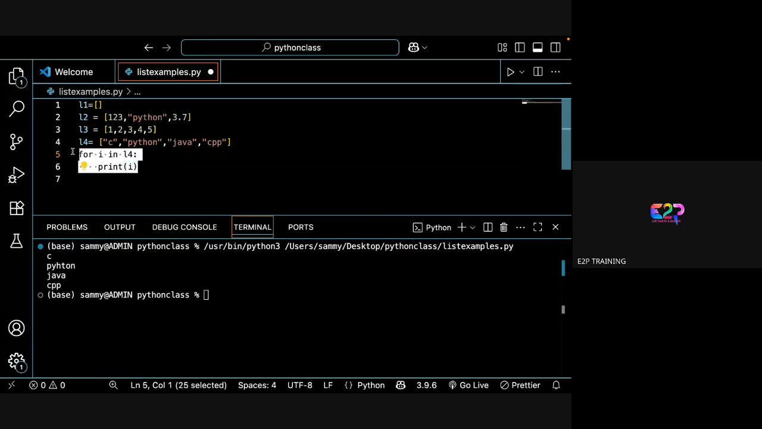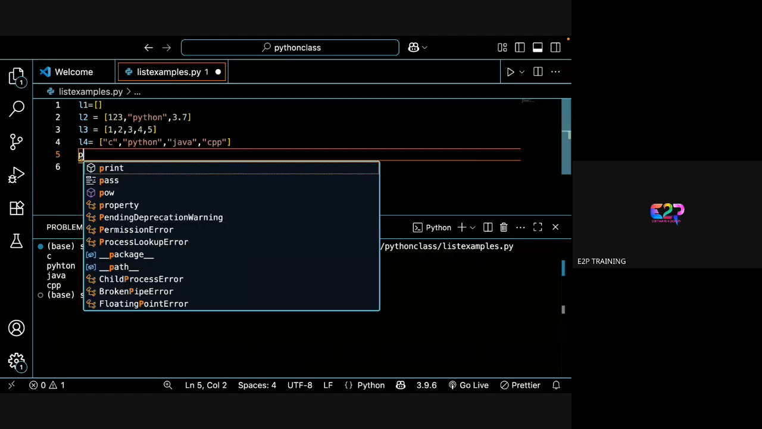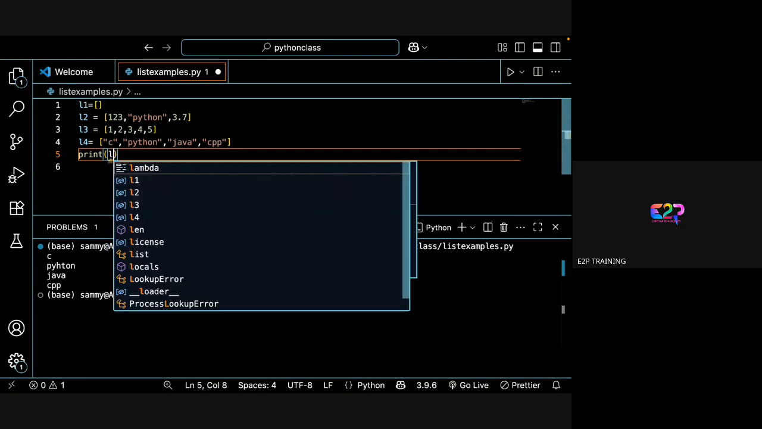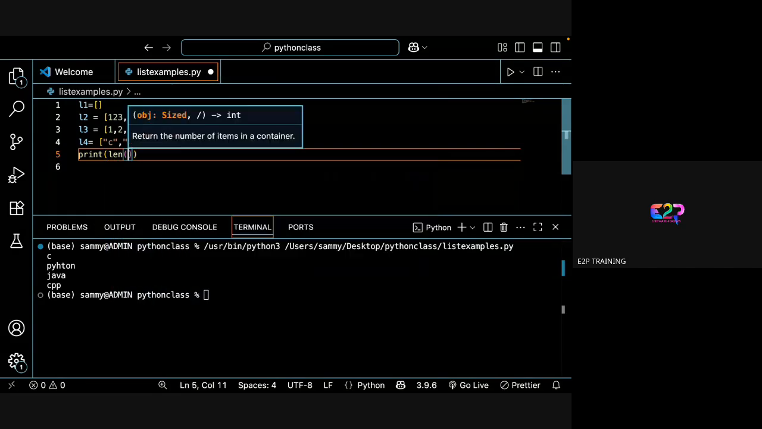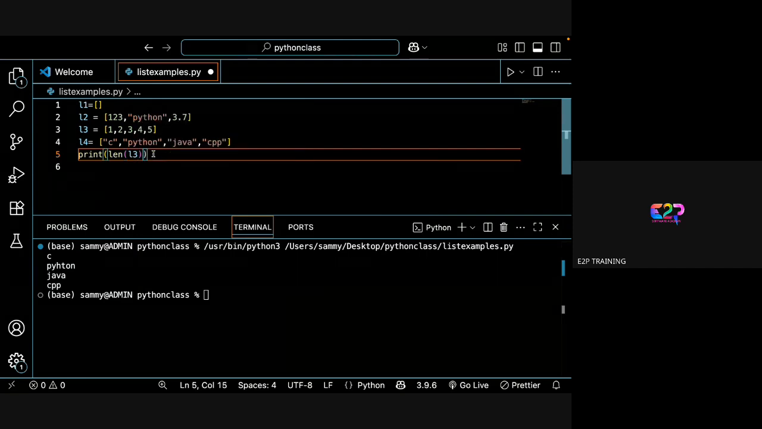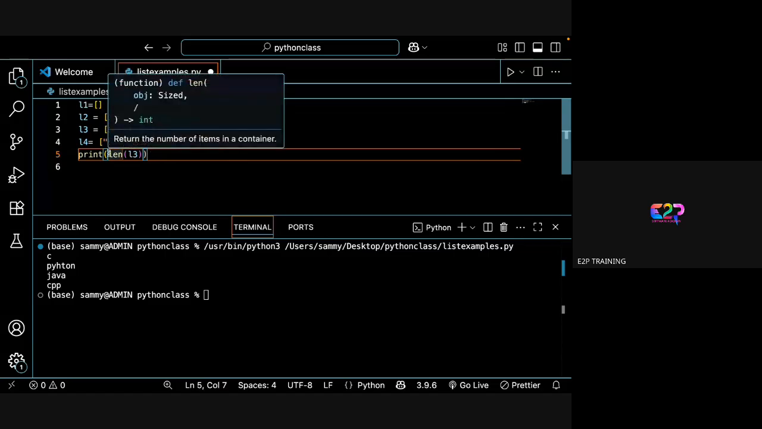So if I want to know the length, the size of anything, I can simply use print, the len function of, say, I want to know the L3 size, right? So what is the L3 size? 5. So it will display 5. If I want to know the size of L4, it will display 4. So I can add text like,